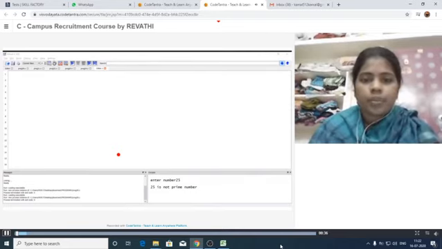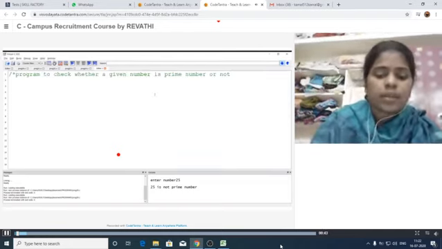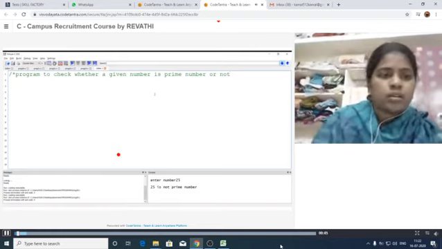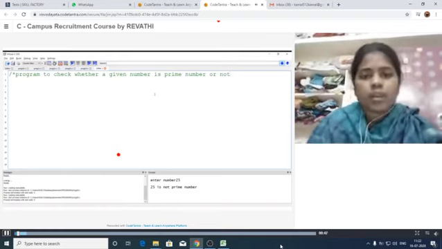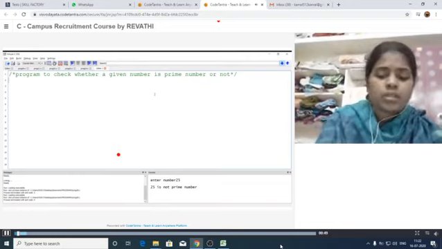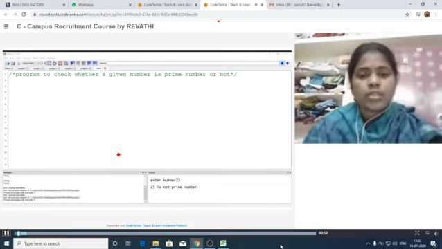Let us see how to develop the logic. First, I am writing the comment lines here: program to check whether a given number is prime or not. Next, our C program starts with the header file.